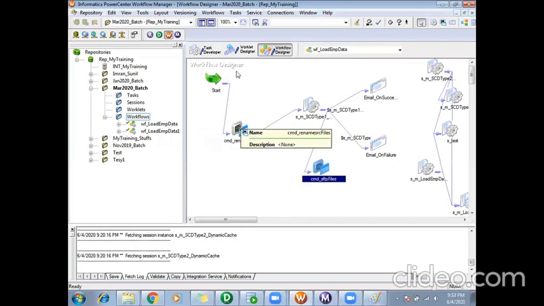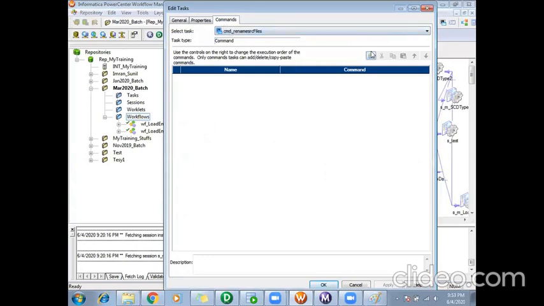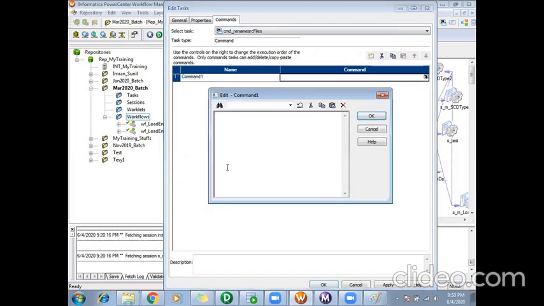You'll create a command task and come here. If it's a simple command, you go to the commands and give a name for that command, like rename source file, and then give the command.